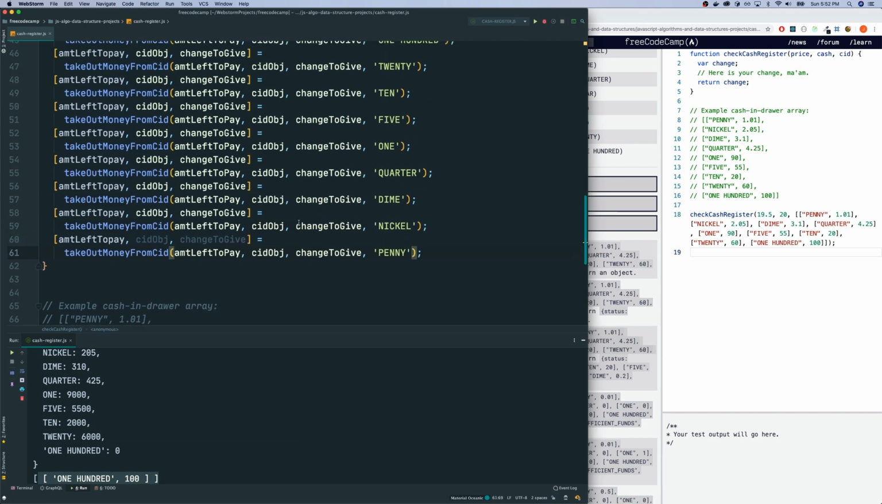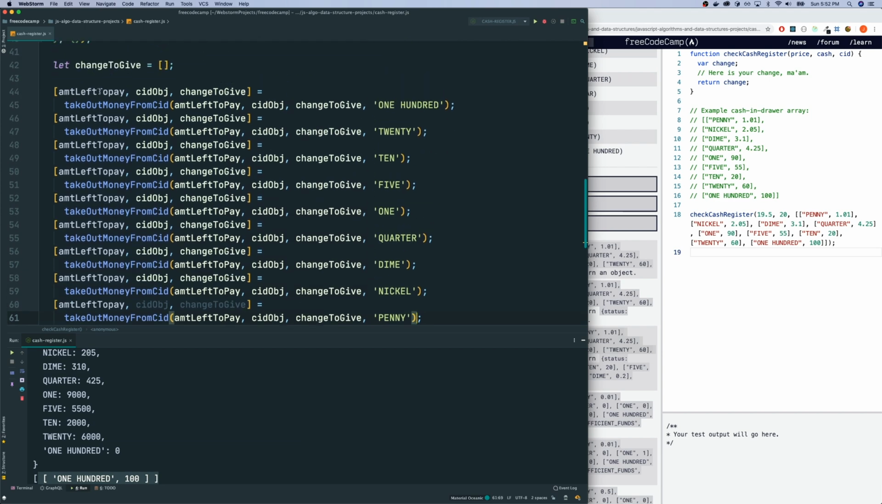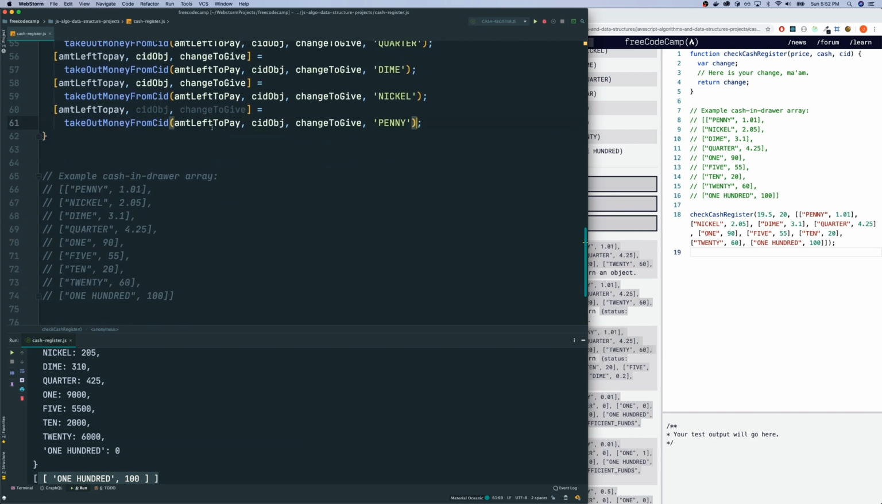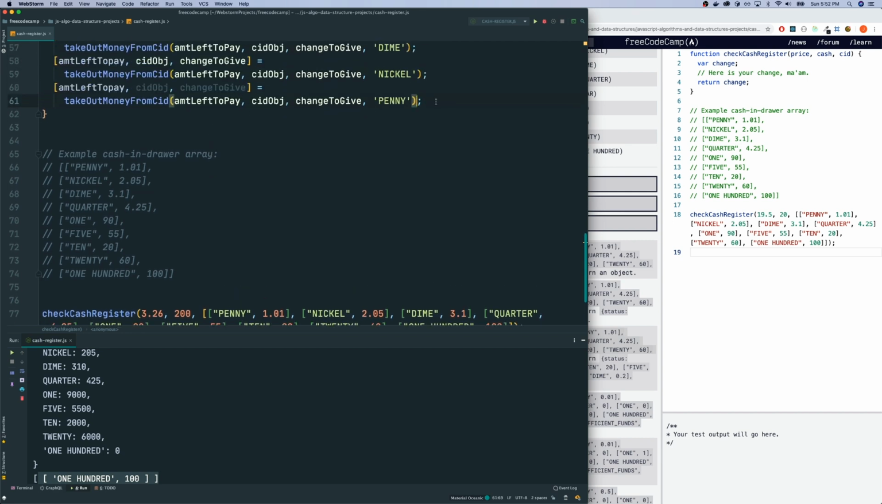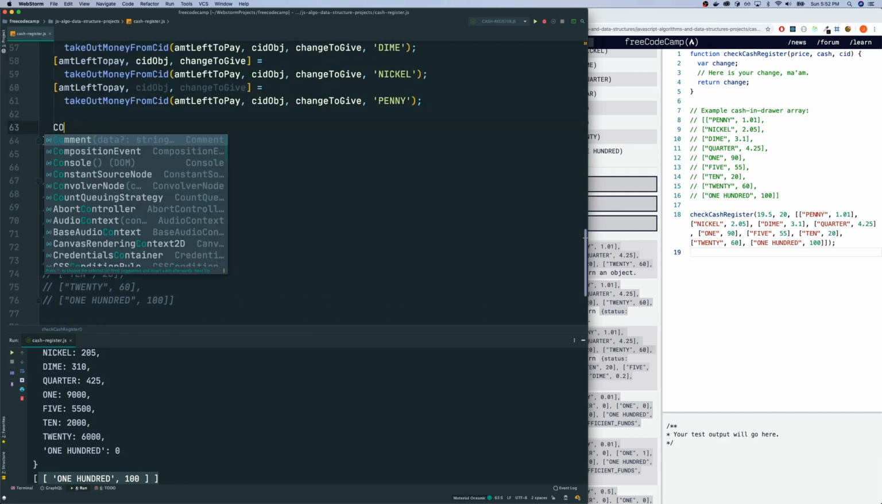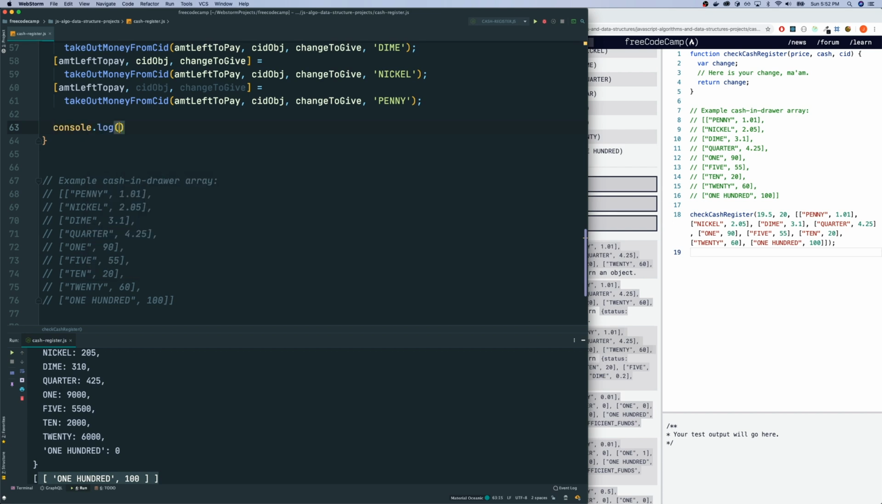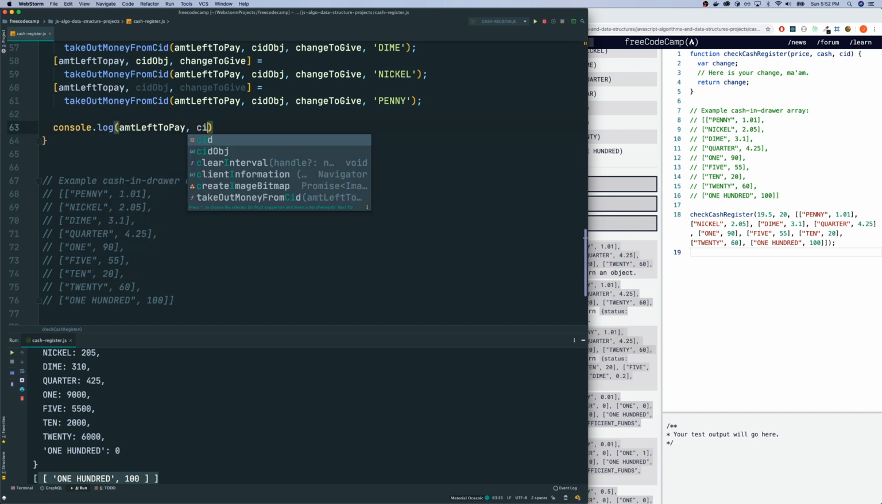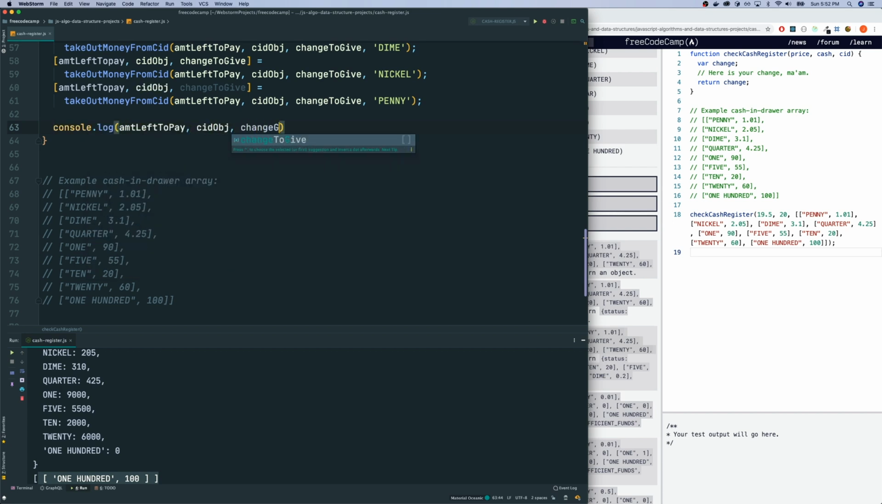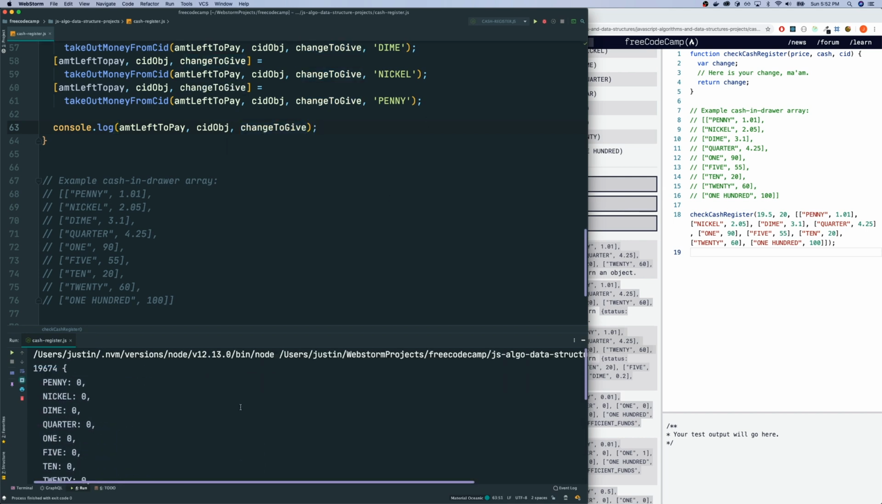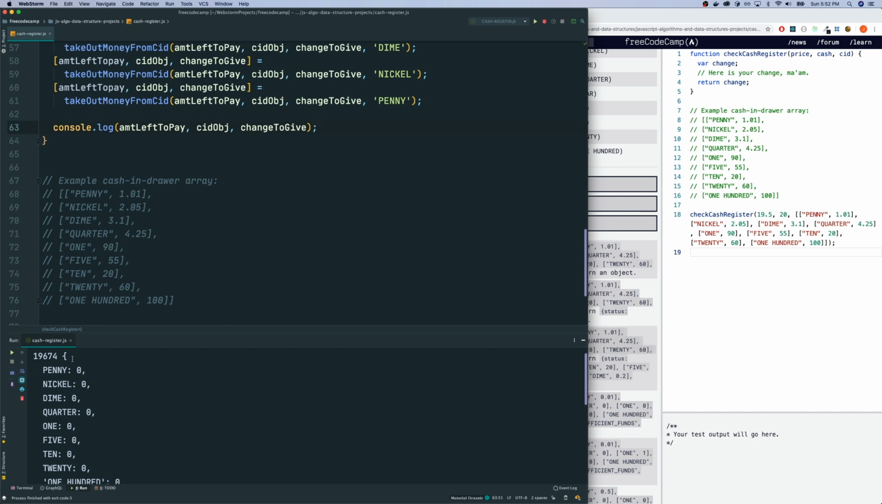All right, so we have constantly updated our amount left to pay, CID object, and change to give. So let me just see if everything is correct here. Let me console log the three things again. And this time I'm just gonna do this. Amount left to pay, comma, CID object, comma, change to give. With the example that we have down here, I'm gonna run the code. And,